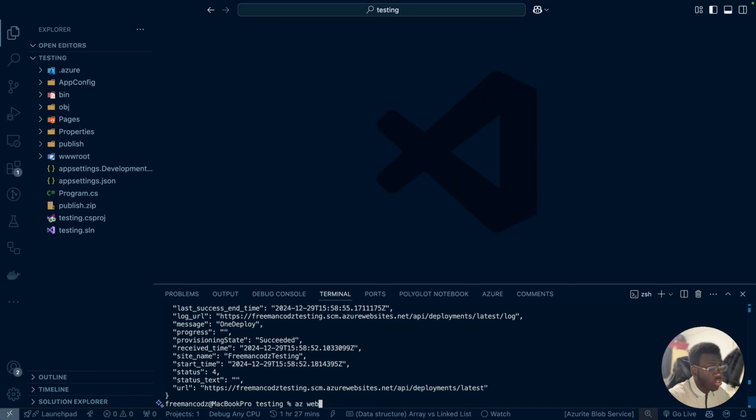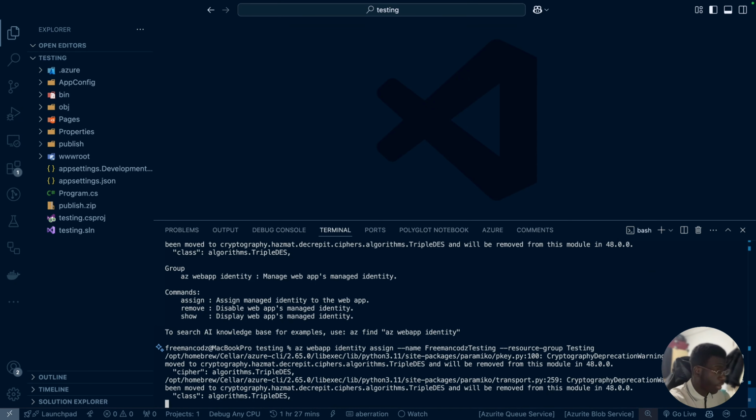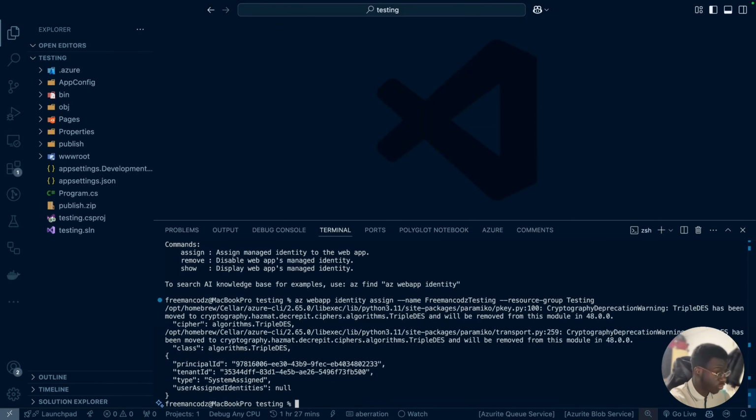I can't really remember. Let me use the help command. So, as an identity assign, I'll set the name of the app, Freeman Codes Testing, and the resource group should be testing. I forgot. No, I think this should work. This should just set up the identity first for that particular